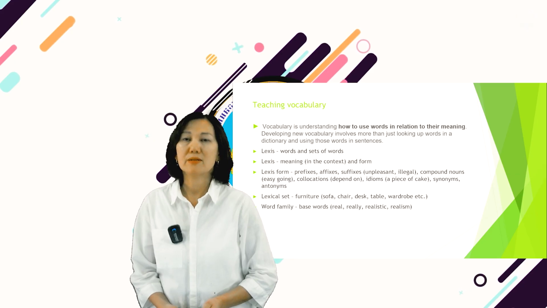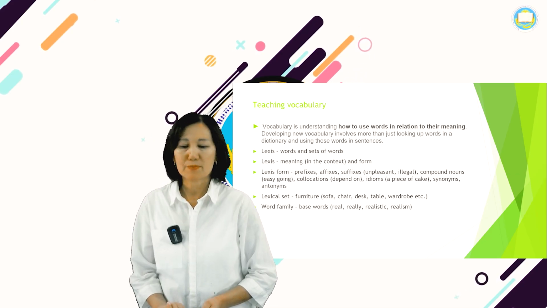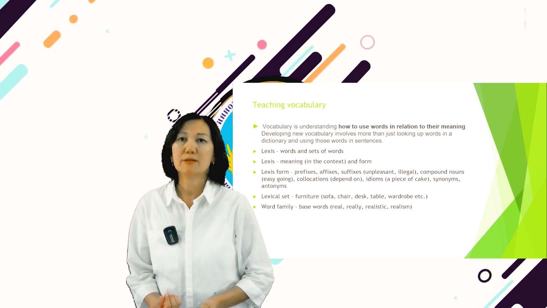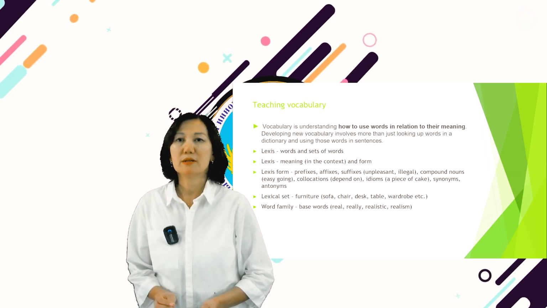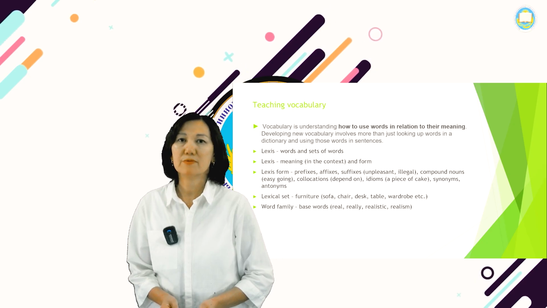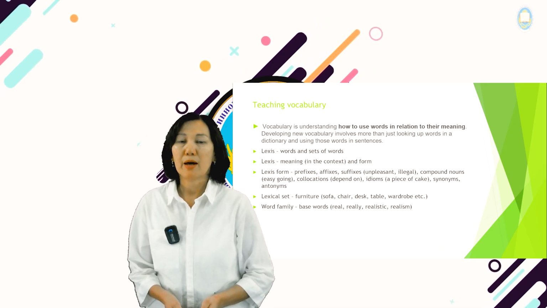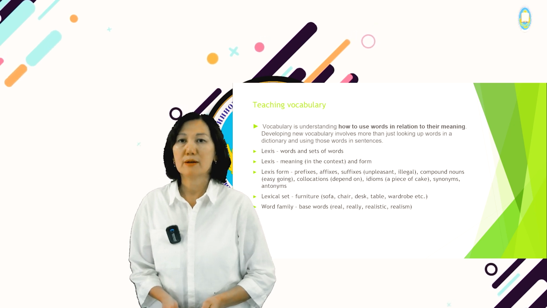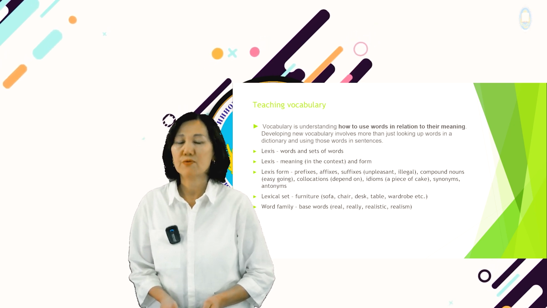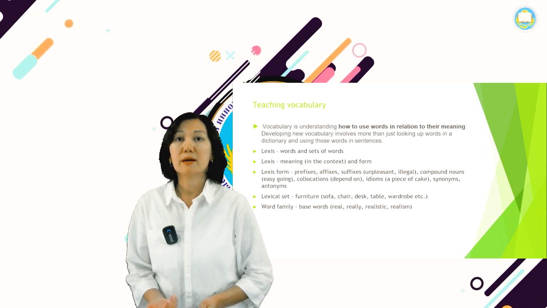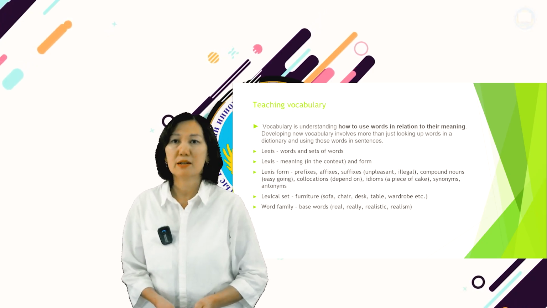So lexis shows the meaning in the context and the form. Lexis form has prefixes, affixes, suffixes, for example, unpleasant, illegal, as an example here. And also compound nouns like easygoing, or collocations, for example, depend on, idioms, piece of cake, for example, synonyms, antonyms,